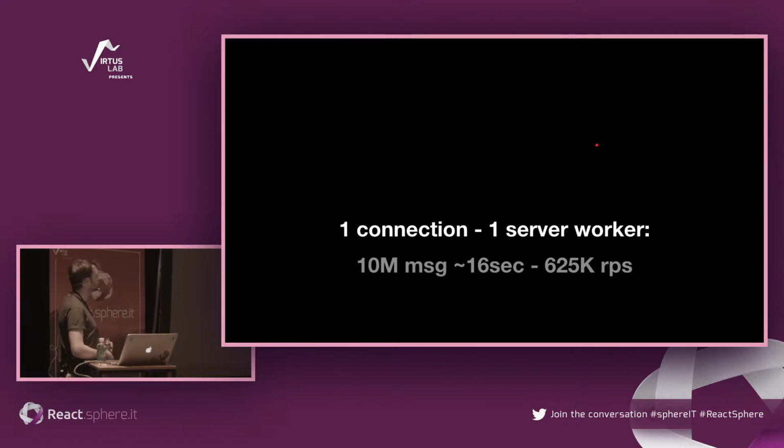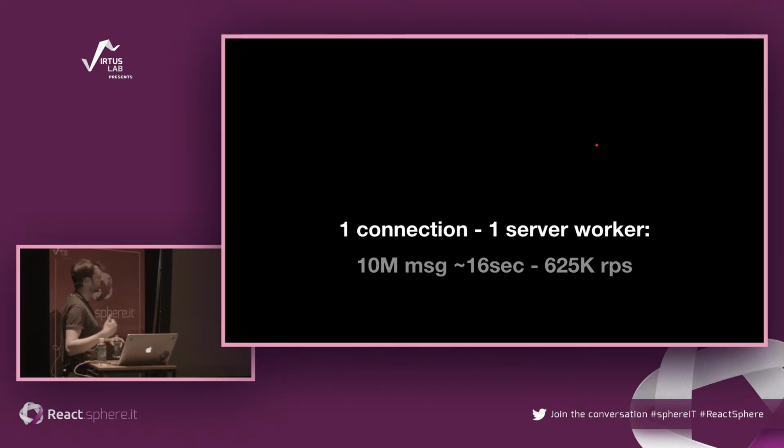This benchmark was run in the same availability zone on Amazon Cloud, and I got about 10 gigabit network between those machines. They were 4 cores and a gigabyte of RAM. So in this example, the client used only one thread for the connection, and on the server side also there was only one thread